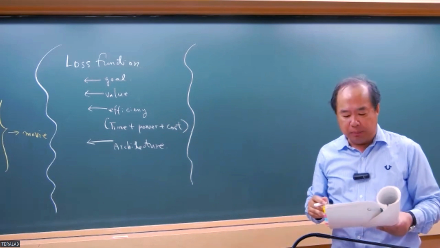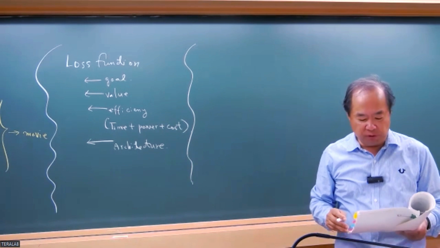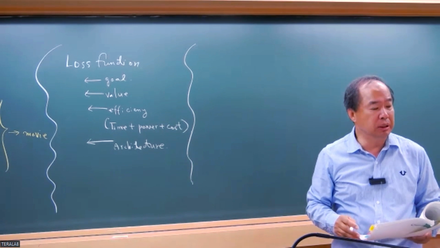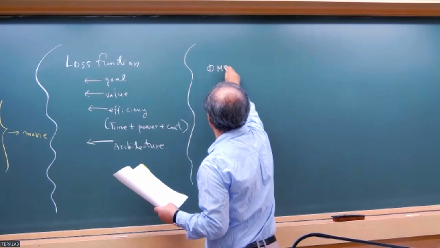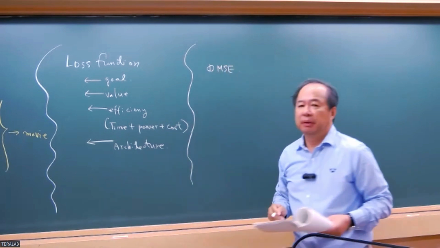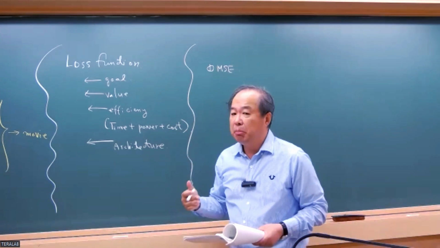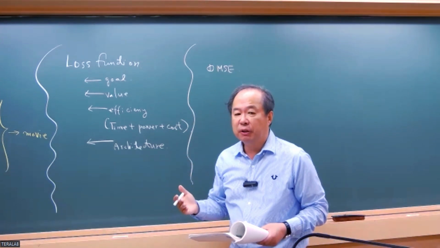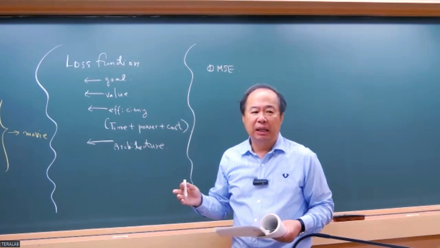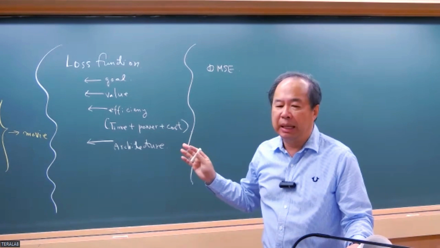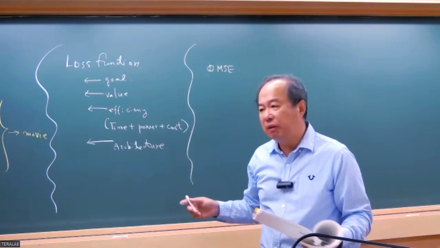In this class, I'm going to introduce 4 different types of loss function that are commonly used in generative AI. Number 1 is the mean square error function. It is easy to understand the meaning of this mean square error function, but in general cases of generative AI, this MSE is rarely used. But from the perspective of education,